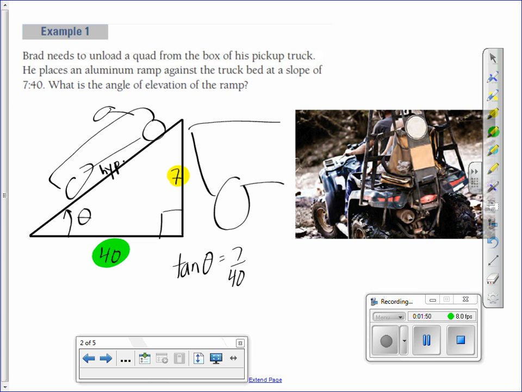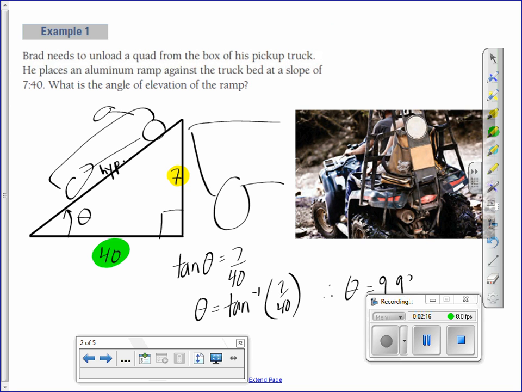So to figure out the value of that angle, we're going to use our calculators and use our second function or shift button to figure that out. So you're going to type that in. Depending on your calculator, it will determine the order in which you type that in. And if you don't know or can't figure it out, make sure you ask someone who knows. In this case, when we type it in, we'll get an angle of